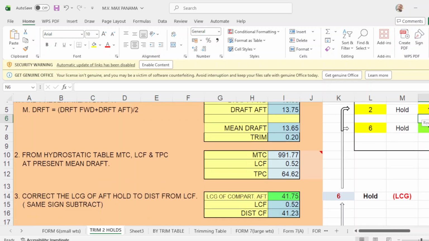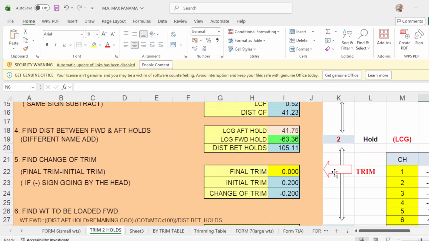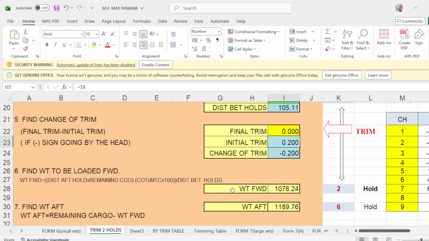Now, for example, we're going to the part of even keel, so you put no trim, 0 trim. Once you put 0 there, then it will provide you what to load in hold number 2 and hold number 6. So for hold number 2, you have to load 1078.